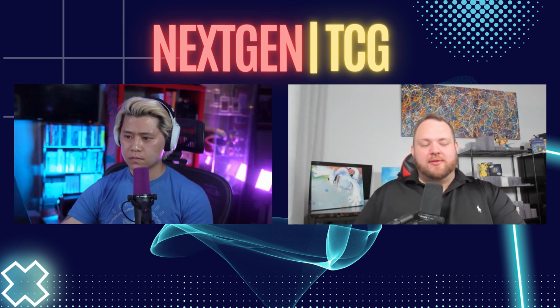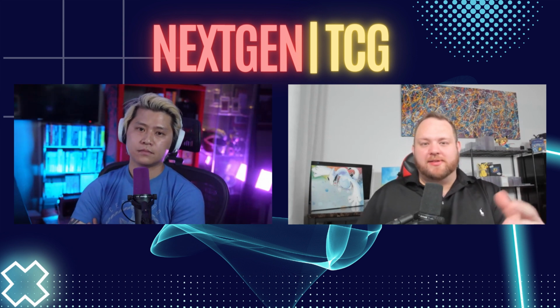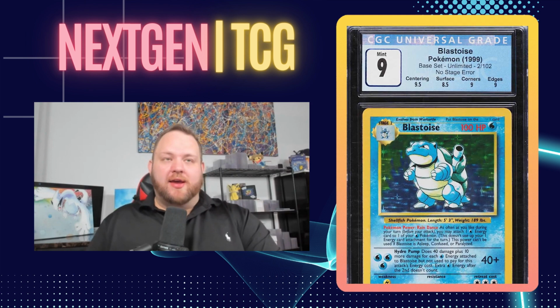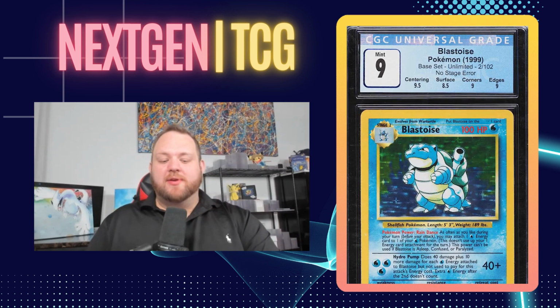Yeah, I've got a similar story to that. I love collecting PSA 10s of anything that you can, and sometimes some of the error cards are harder to find. And I actually never picked up a PSA 10 No Stage Blastoise. I could have got one for 900 or 1200 or so a few different times. But the reason I didn't...